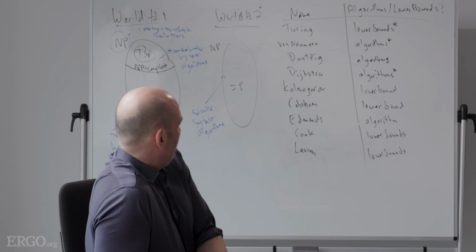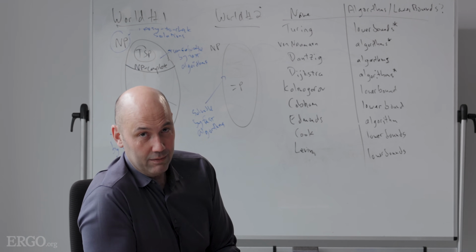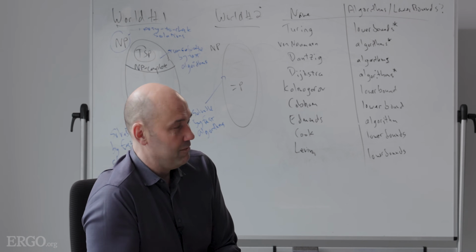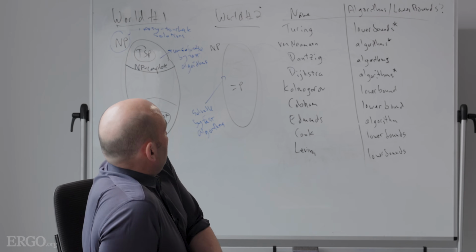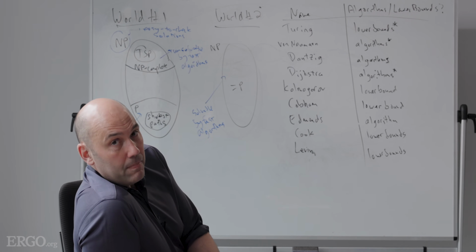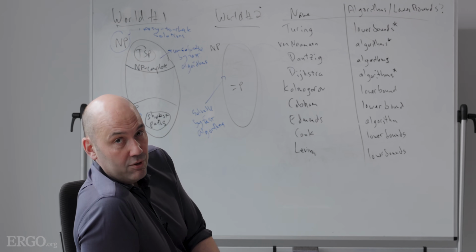And so why did I do this? One is it's just sort of fun, right? We've already talked about a lot of fun stories and a lot of famous names in mathematics and computer science. But the main reason I did it was really just to give you the historical backdrop for the articulation of the P versus NP question.